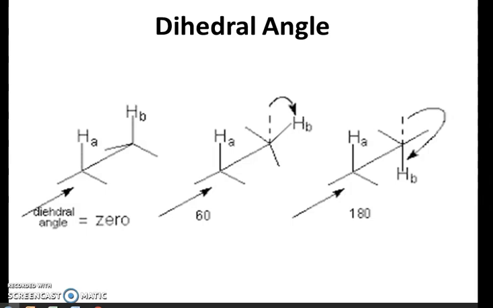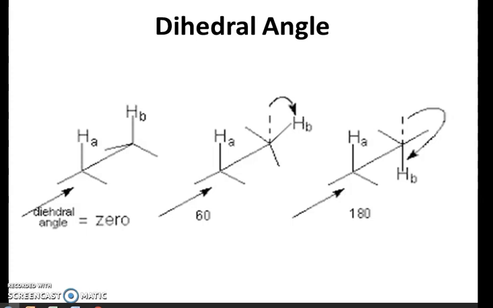In the previous class, we discussed the conformational analysis of ethane, and we saw the different forms of ethane, like the staggered form as well as the eclipsed form. Actually, we saw the various representations or projections of ethane. One was the Newman projection, the other was the Sawhorse projection. The Newman projection was a two-dimensional representation, while the Sawhorse was a three-dimensional representation.